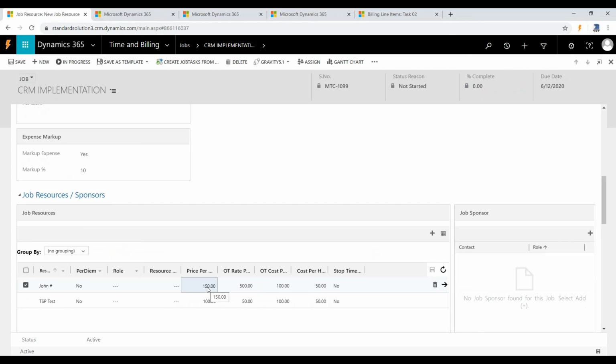It should not calculate $150 since the previous time posting was unapproved.